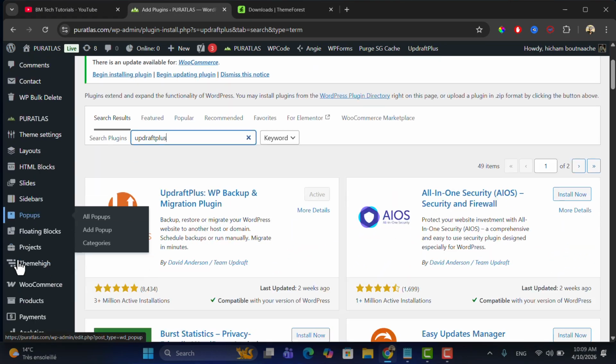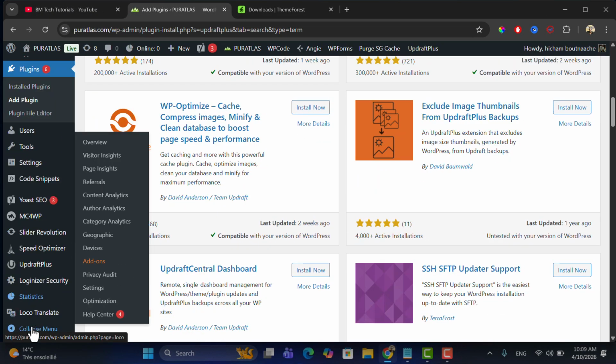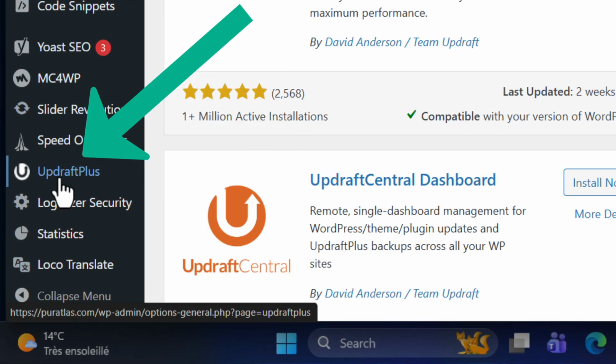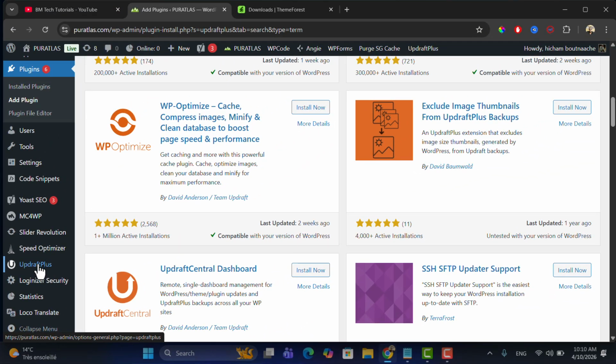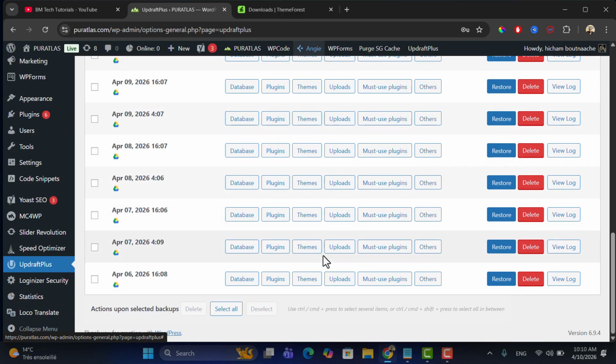Or you can also access the plugin by going into the section at the bottom left. By clicking on that, you will be redirected directly to the UpdraftPlus page. And here basically you can see all the